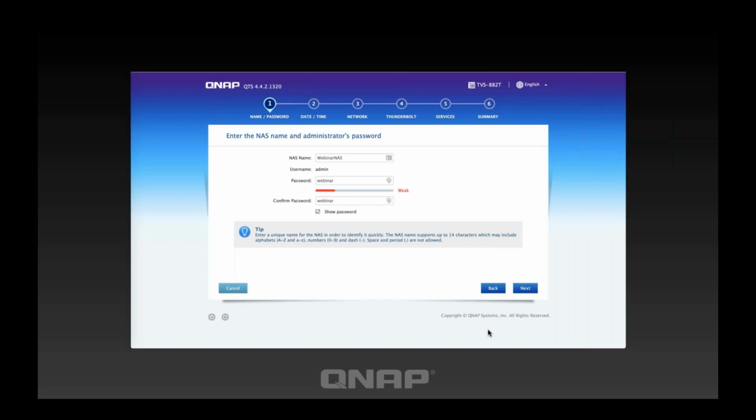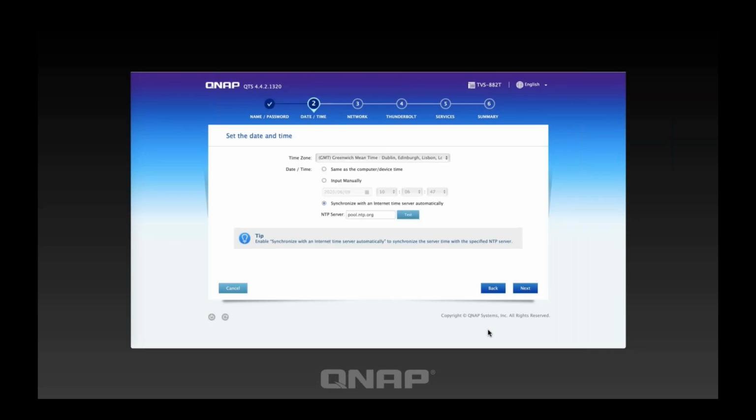So it's much more secure. Each NAS default password is different. As we click through, it wants to know how you want to set the time of the NAS. You can do it manually, or the default option here is the one that's selected to synchronize with an internet